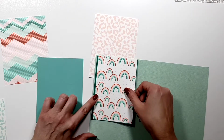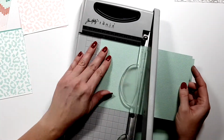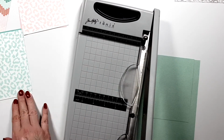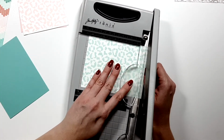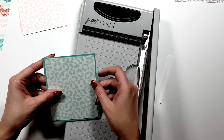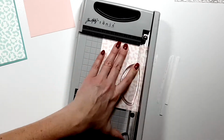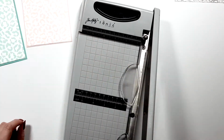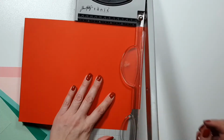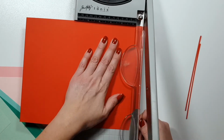I will add some color cardstock behind the two leopard patterns, but first I will have to trim them to size. And also, if you noticed, I changed the color behind the rainbow pattern. I found this darker pool color a bit too dark, so I changed it to a lighter mint. And the next step I'm gonna do, preparing for die cutting,